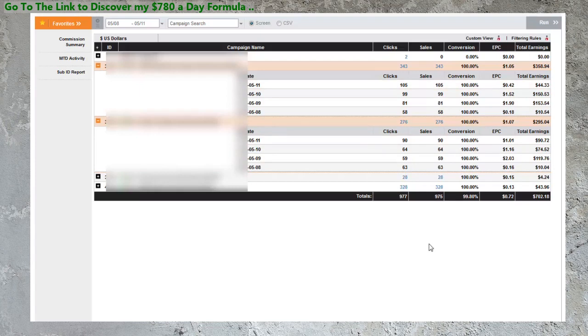And as I said, my students get the inner workings of this campaign, exactly where I'm pulling the traffic, the ads, the network where I'm running the ads. Everything I do is provided to my students, and I want to give you access to this as well. You can get access to not only this campaign, but many, many more, and it only takes 2 simple steps to get started right now.